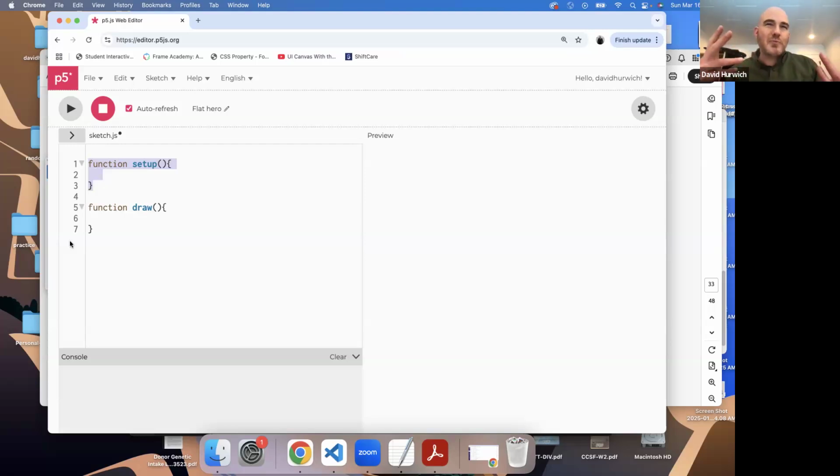So in the same way, when we run programs, we might have a value that changes. Maybe it starts one way when the program begins, but then during the program, that value changes for some reason. So we have to have a function that basically calculates every frame or every second that the program is running. So if I hit play,